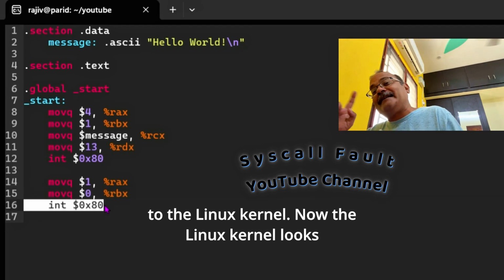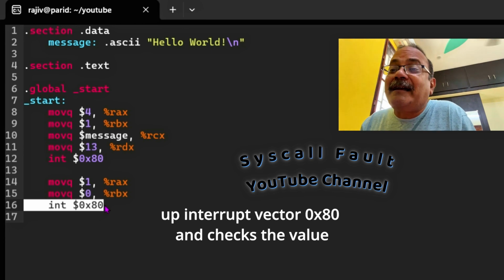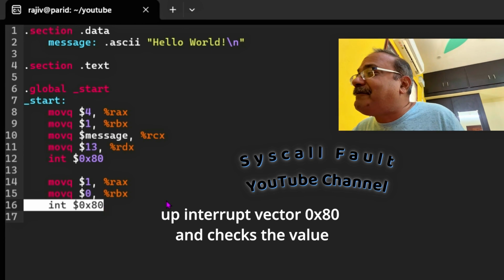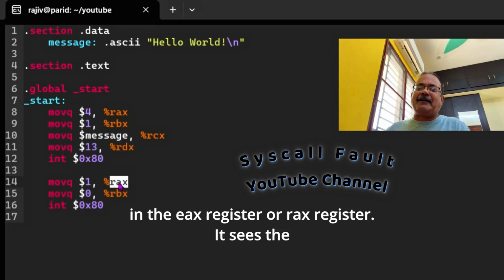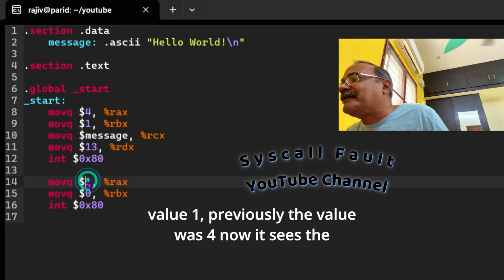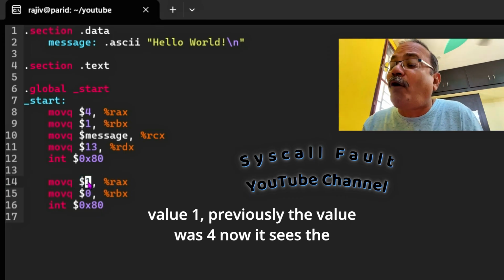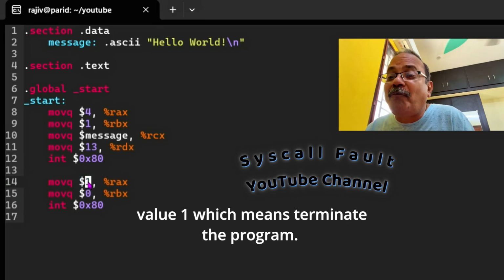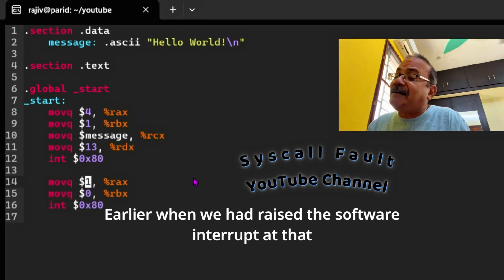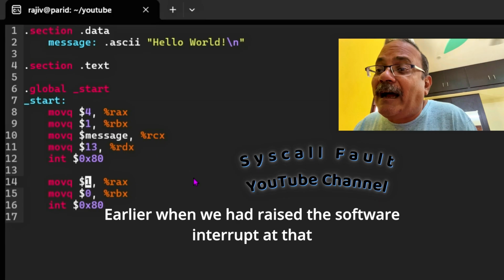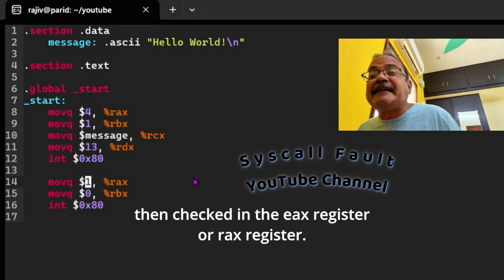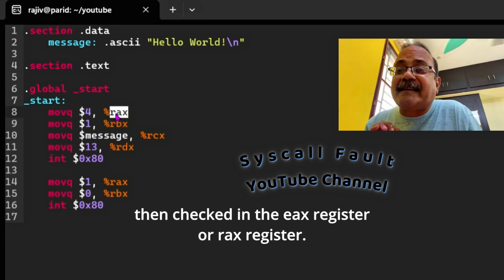Now the Linux kernel looks up the interrupt vector 0x80 and checks the value in the EAX register or RAX register. Okay, it sees the value 1. Previously the value was 4. Now it sees the value 1, which means terminate the program. Earlier, when we had raised the software interrupt, the kernel looked up the vector and then checked the EAX or RAX register.